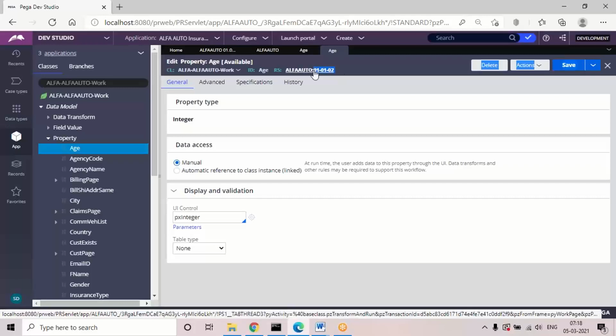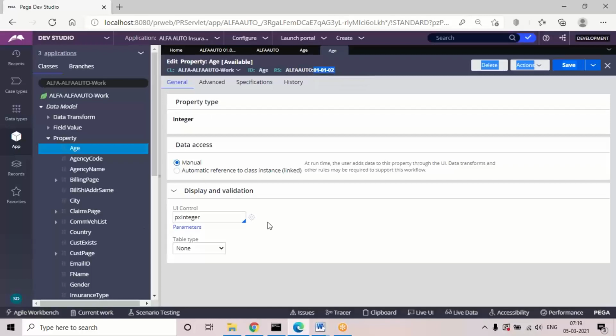So any modifications I want to do for locked version rules, I cannot do directly in the locked version. If I want to make modifications, I must move the rule to the latest version, and only in the latest version can I make any changes. Then here you will get the save button. In the previous version we don't get the save option. Save as is there, which moves the rule to the new version, but no save option.